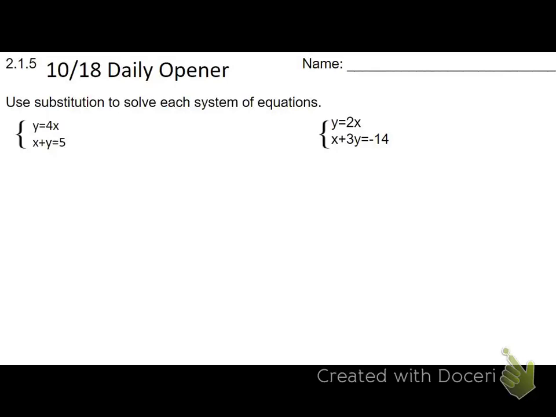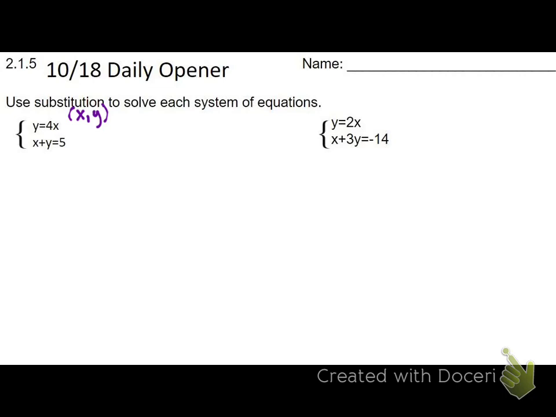Okay, so let's take a look here. We know that we're going to use both of these equations. We have to solve for them. What are the variables that we're solving for? X and Y. X and Y, okay? So we're trying to get the solution to these two equations. So we're trying to solve for X and Y, which will end up being an answer in an ordered pair